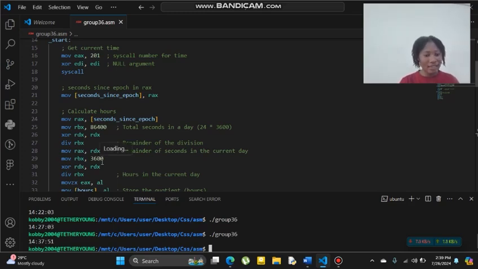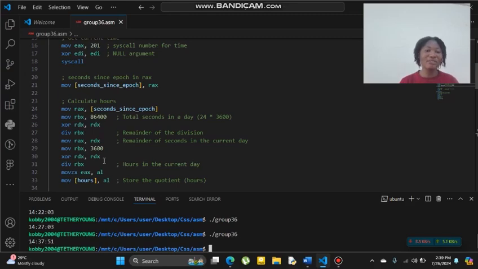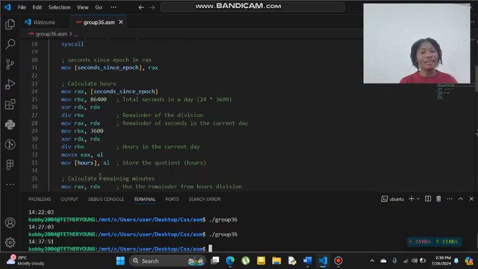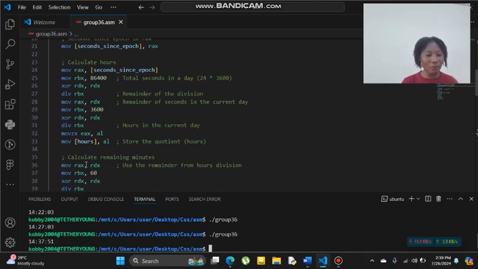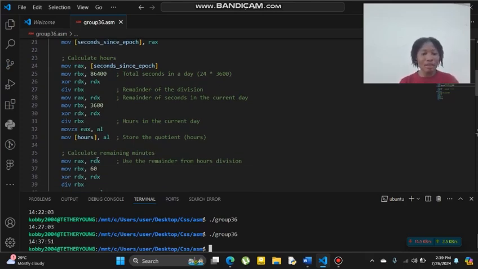After that, we store the number of seconds in an hour into the RBX register. Then we divide the remainder by this 3600, which is the seconds in an hour. The quotient becomes the hours, which is stored in the hour variable over here. And then the remainder is stored in the RDX register, which will later be moved into the RAX